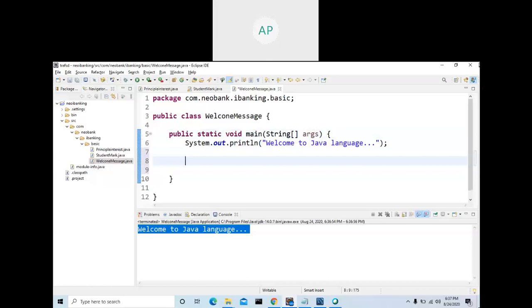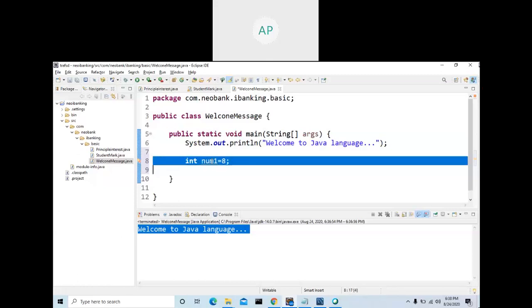Here is another functionality I want to put into this class: add two numbers and display the value. Add two numbers first of all. Where do the two numbers come from? They will come from the screen, but as of now we are not writing a full-fledged application, so hard code the values. num1 equals the number you want to add, 8. What is the data type? int, integer.